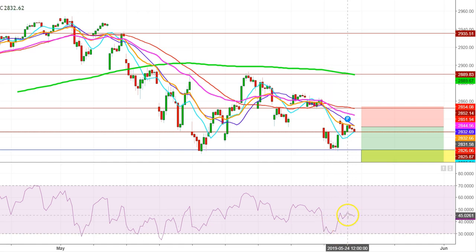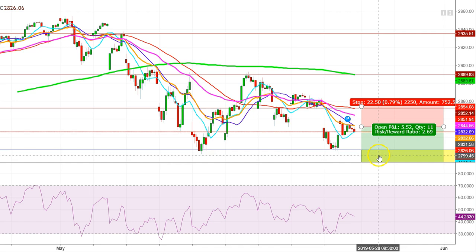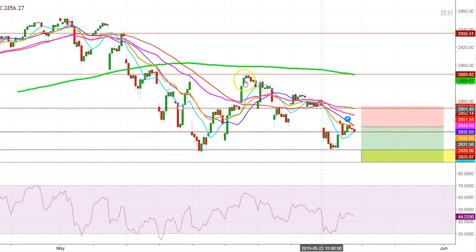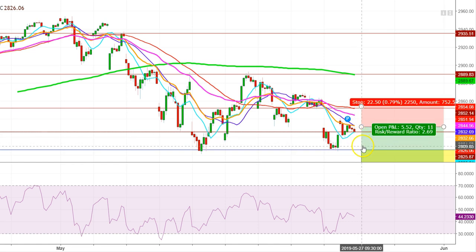Here I find that if we have a look at the current position of RSI, the RSI is still below 50, which indicates ongoing bearish pressure in S&P 500 in an hourly chart. Once again, let us go back to a daily chart where I would like to show you what will be my expected downward move for S&P 500 if it remains below the levels of 2828. If we find a gap down opening on the first trading session of this week on May 28th, I find